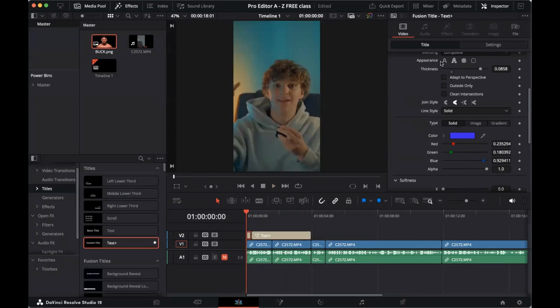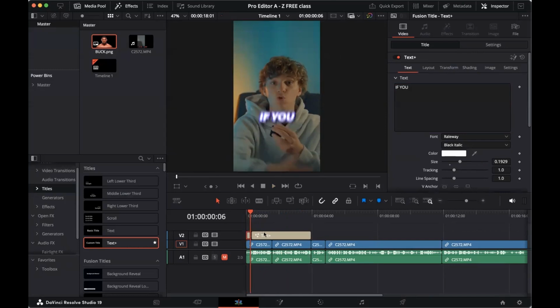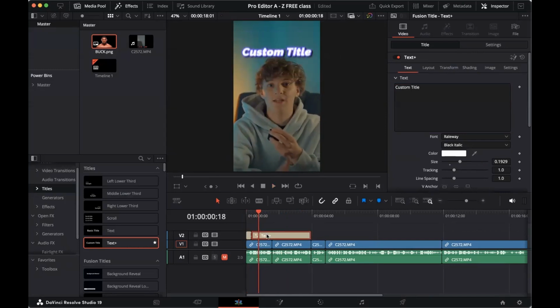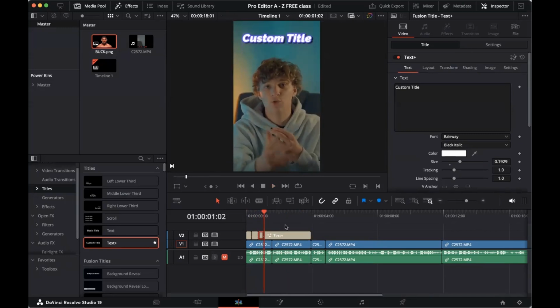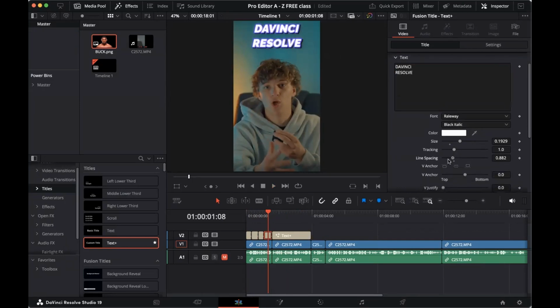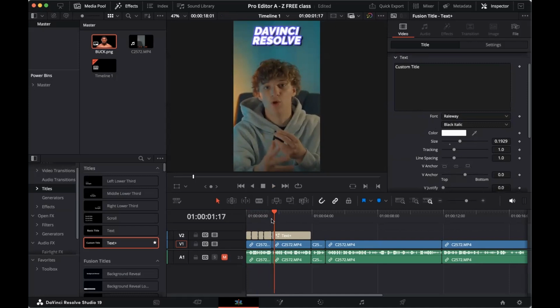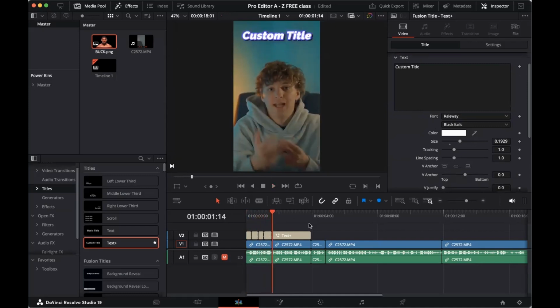Now if we play this through on our text, I'm going to cut that up right there. I'm going to go to the text. I'm going to say, if you edit, I'm going to cut that right there. So if you edit in DaVinci Resolve, cut that there. I'm actually going to go to the spacing and push them closer like that. Now if we look at this, boom, just like that. If you edit in DaVinci Resolve,